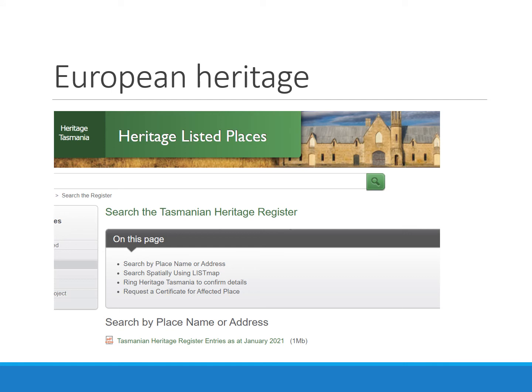Heritage is something that we have mentioned and we will mention, because at least in central Hobart, there's a lot of heritage listings. There's either heritage precincts where the whole area is covered by heritage controls.